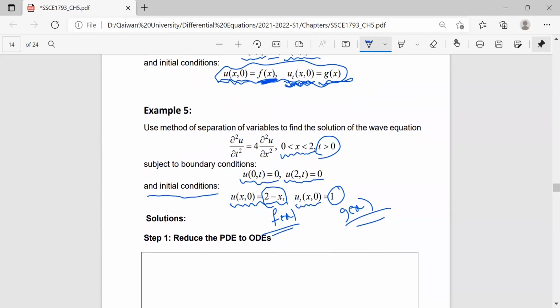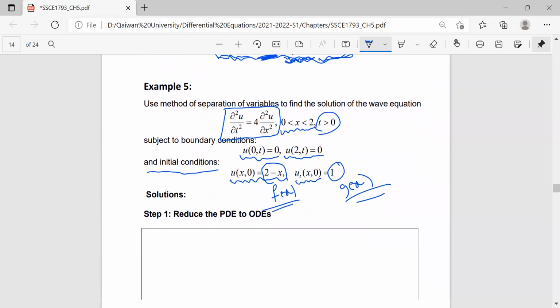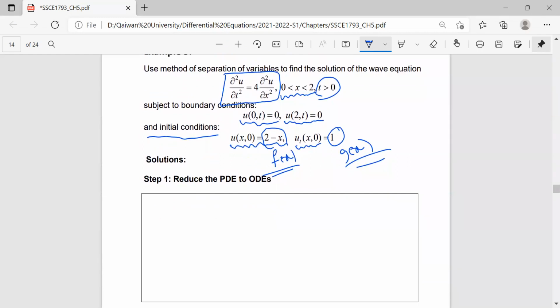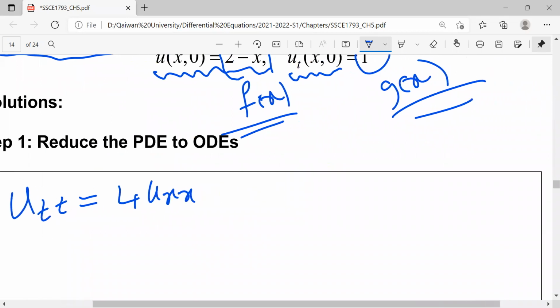Okay. Here, the partial differential equation is this one. We need to reduce the partial differential equation to ordinary differential equations. First, let's write it down: u sub tt equals 4 u sub xx. Okay, this is the partial differential equation, and we let